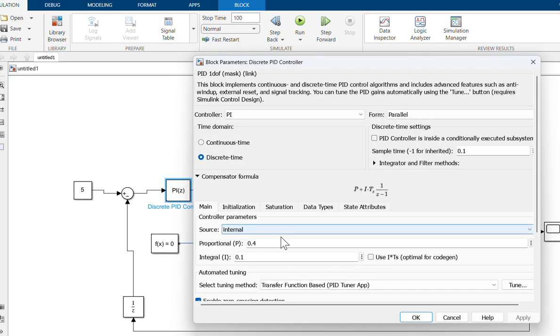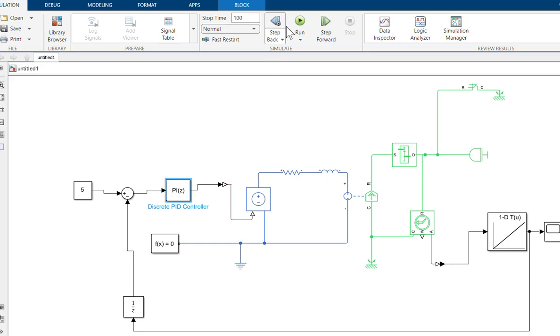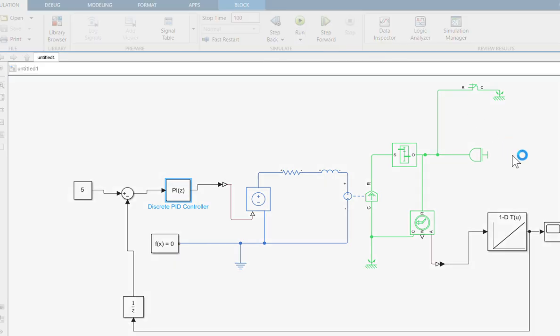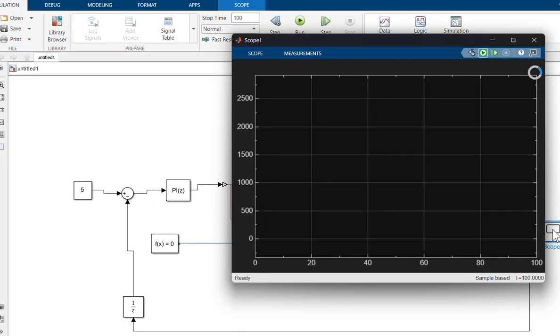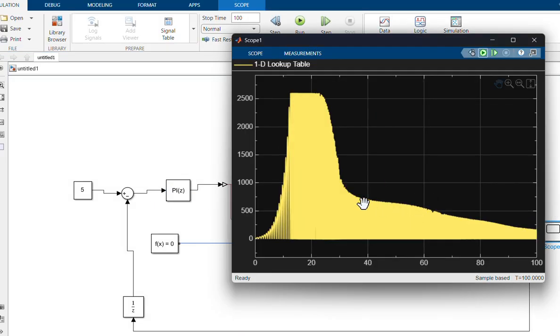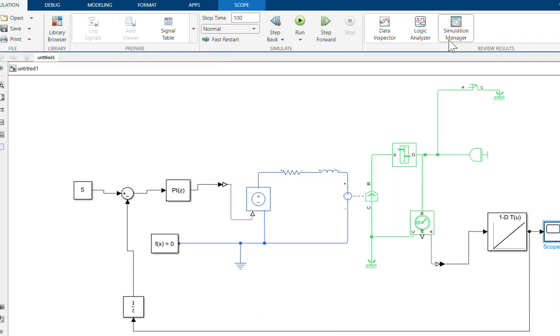The proportional is proper, but the integral value is so low, and we adjust the value again. I think it's okay. It's proper to the system, I think. Looking again. Yes, much more available, much more proper integral value.